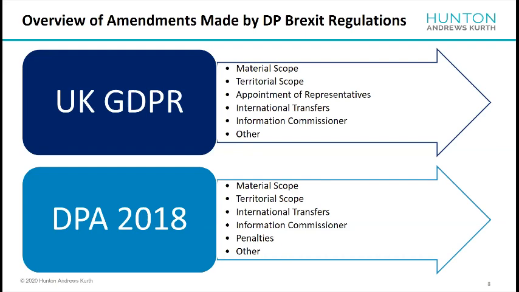The DP Brexit regs revoke existing adequacy decisions of the EU and standard contractual clauses, and they insert instead transitional provisions into the Data Protection Act, which are intended to ensure the free flow of data, but for a transitional period. And these will be subject to review in due course. But the fact that these have been addressed already means that from a UK perspective, data can continue to flow to adequate jurisdictions using standard contractual clauses, just as the data could flow under these mechanisms under the existing regime.